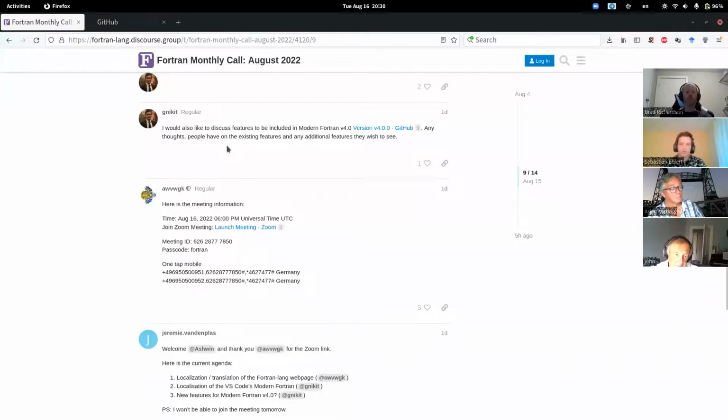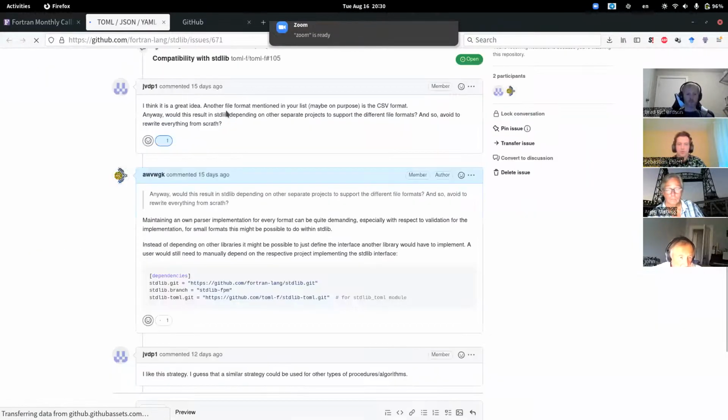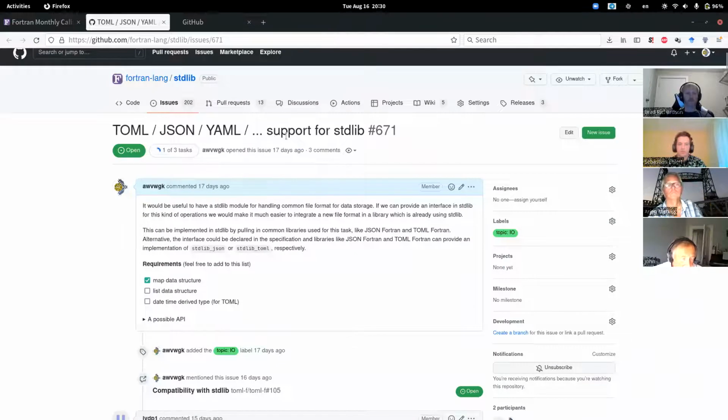Any further comments on this topic? If it's not the case, then I had another item for the agenda, which is regarding, quickly share my screen. So I recently opened an issue for discussion in stdlib, which is about supporting